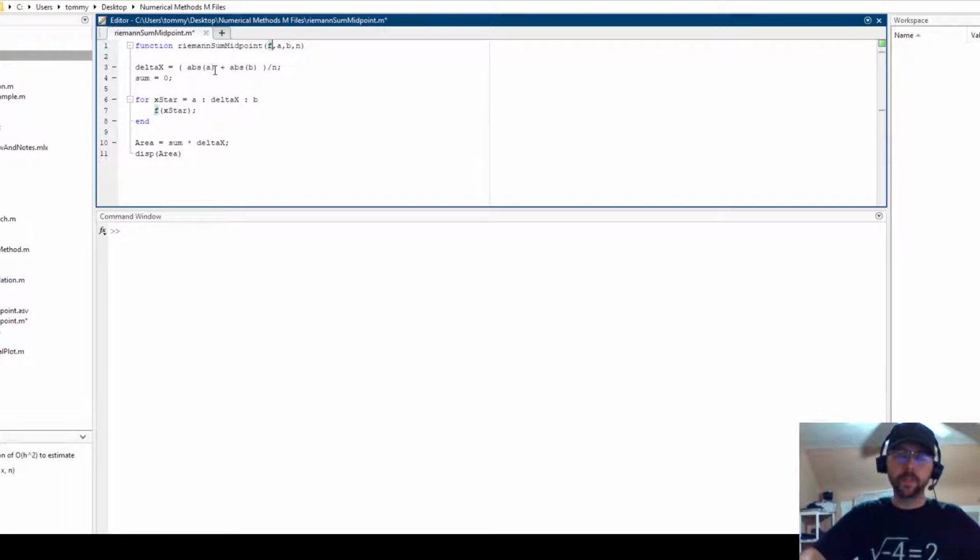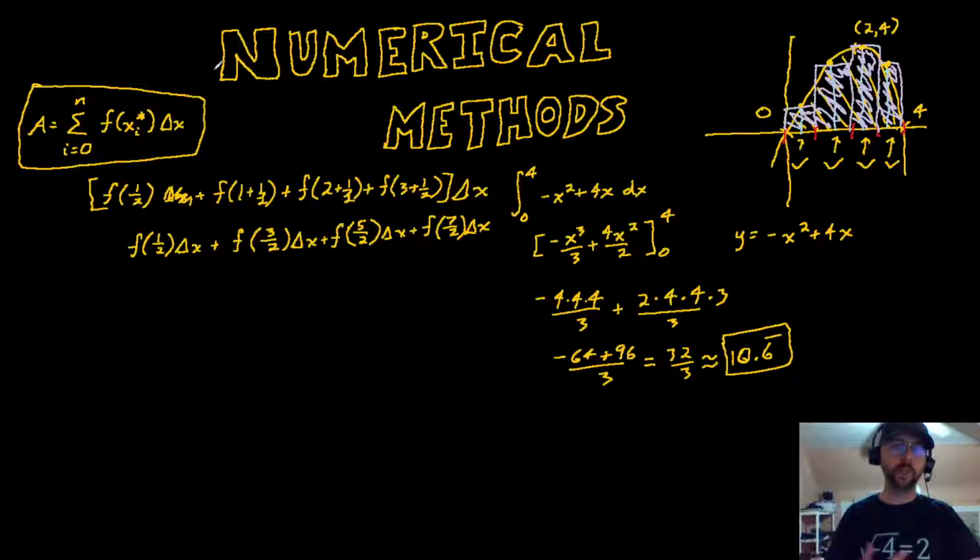So I used the letter f that represents a variable that will be a function, a, which represents the starting position, the leftmost point where we're trying to find the area, b, which is the rightmost point, and n, which is the number of divisions. And we would have seen, had I finished writing it all out,